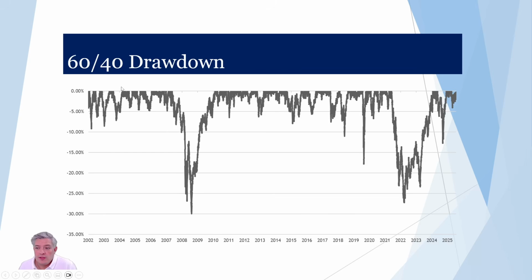This is a 60-40, so 60% S&P 500 SPY, 40% bonds TLT. And it shows that the drawdowns of a 60-40 portfolio in the 2008 period, that portfolio was down about 30%. If you had bought in 2007, you would have experienced a 30% drawdown and you wouldn't have been back to even until about 2010. So that's about a 3-year drawdown. Similarly, over here in 2021-22, again, the Fed started to raise interest rates, but you experienced about a 27% max drawdown, and it took you until 2024 to get back to even.